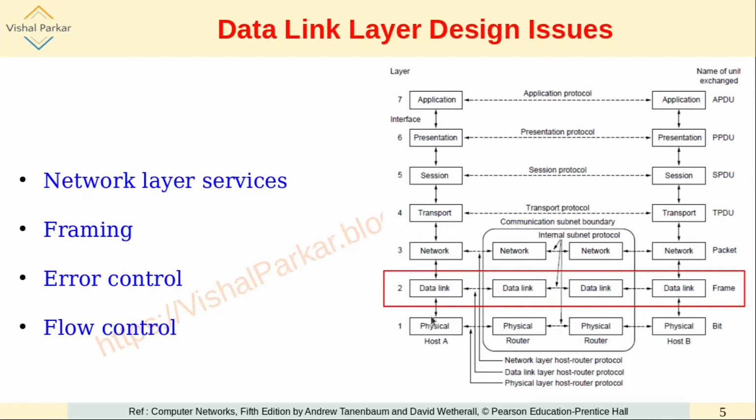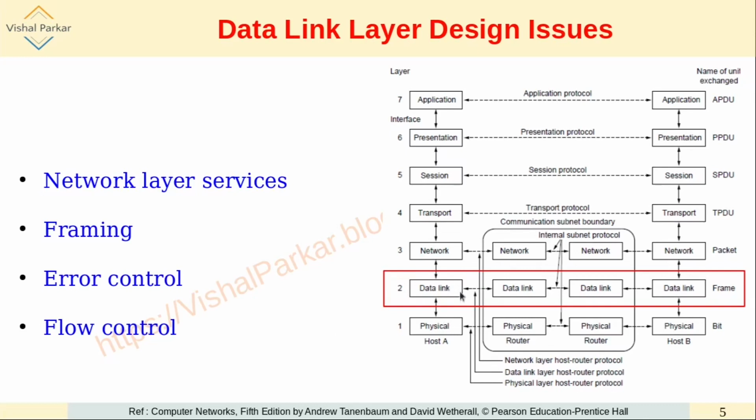So host A will be connected to host B through these routers. Apart from that, we are now discussing the data link layer, which is on top of the physical layer. Now we have already seen that the main functionality of any layer is to provide services to the next immediate layer on top of it. So physical layer will provide services to the data link layer, and data link layer will provide services to the network layer. On the contrary, network layer will be dependent on the services provided by the data link layer, and in turn the data link layer will be dependent on the services provided by the physical layer.